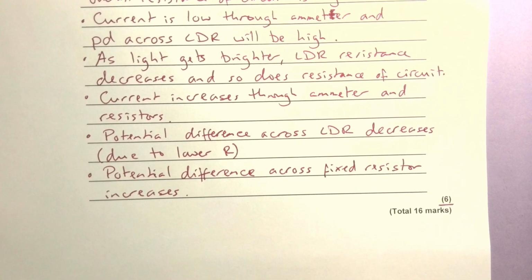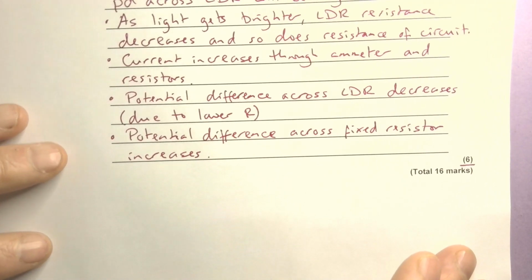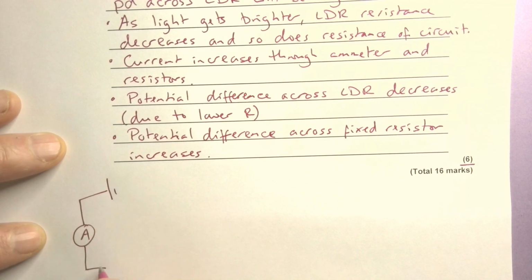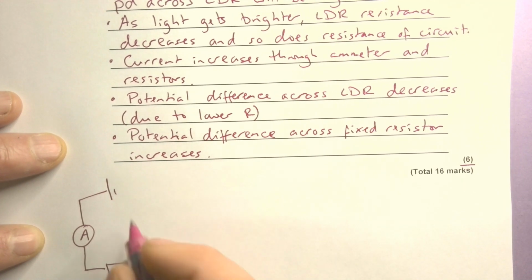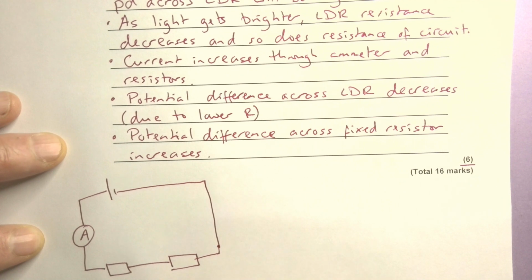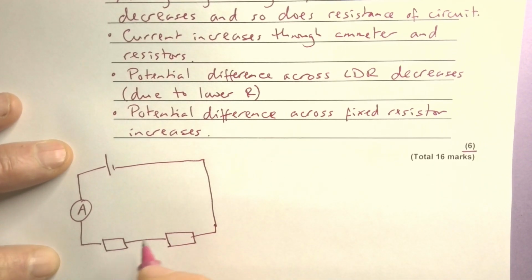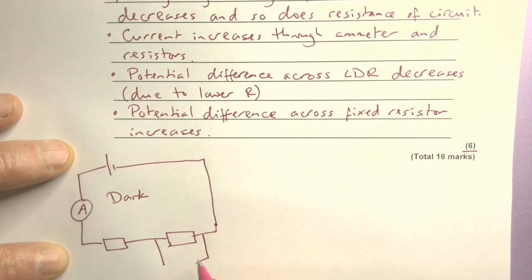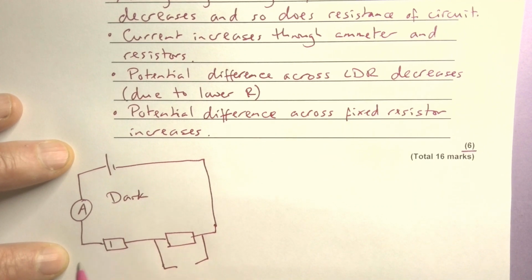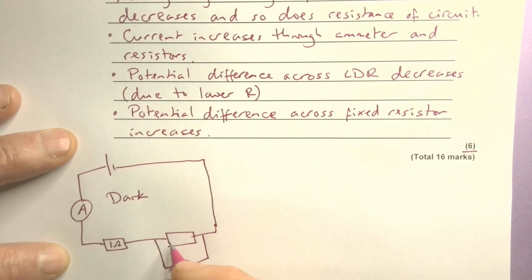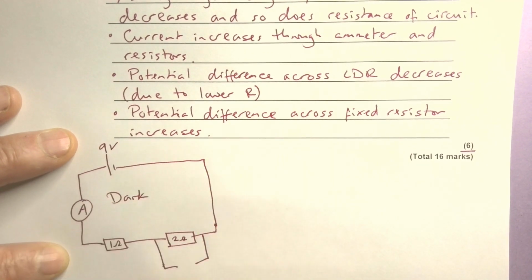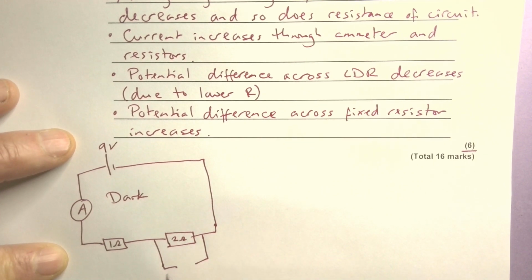So one of the things sometimes easy to do with these sorts of circuits is draw out the two different versions. And you can draw it out as two fixed resistors. So I'm just going to replace the LDR with a fixed resistor, and this is dark. So during the dark, let's say that this is 1 ohm, and let's say during the dark this is very high, this becomes 2 ohms. And if this is 9 volts there, say I'm just putting some numbers on here, 3 volts in total